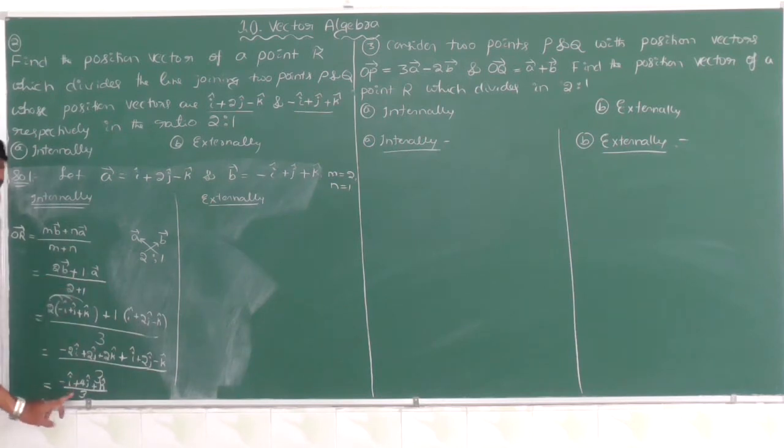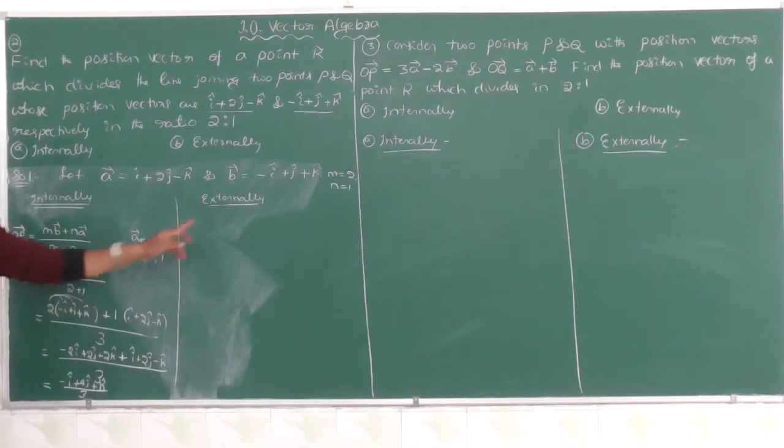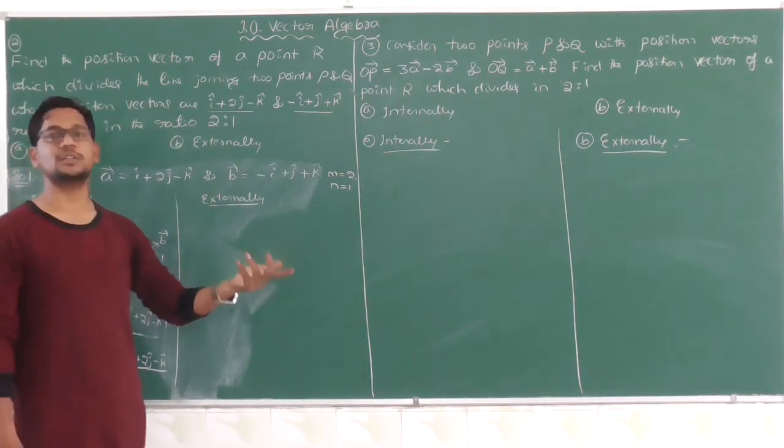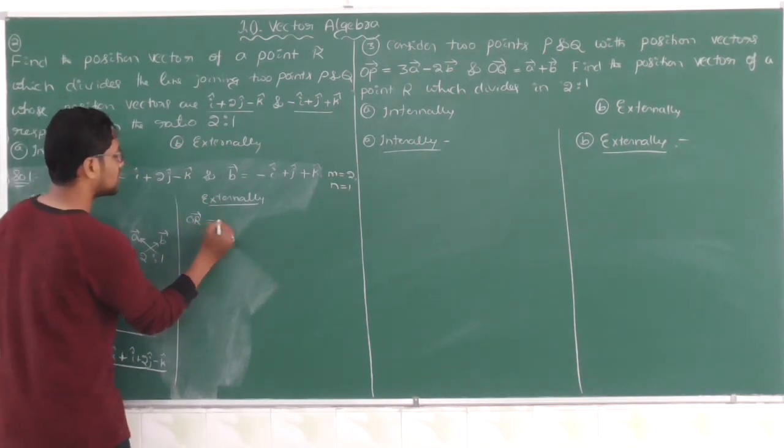Hence, it is the required position vector which divides the line joining the two points internally in the ratio 2:1. It is the answer for the internal case. What about the external case? External case is very simple. Here it is plus; in the external case, just take it as a negative, that is minus. OR vector, the required vector,